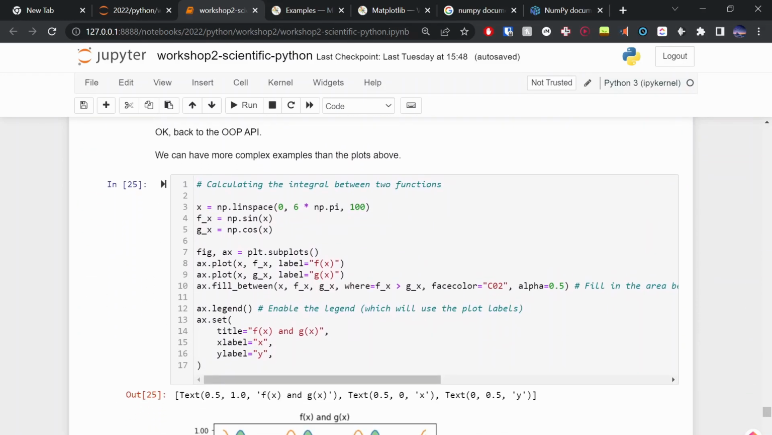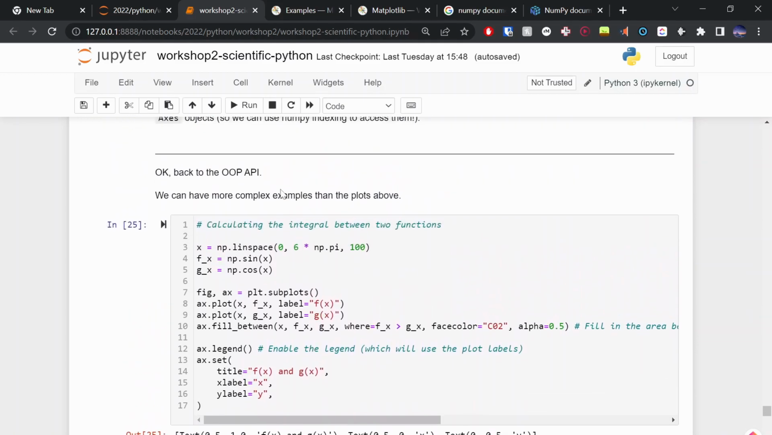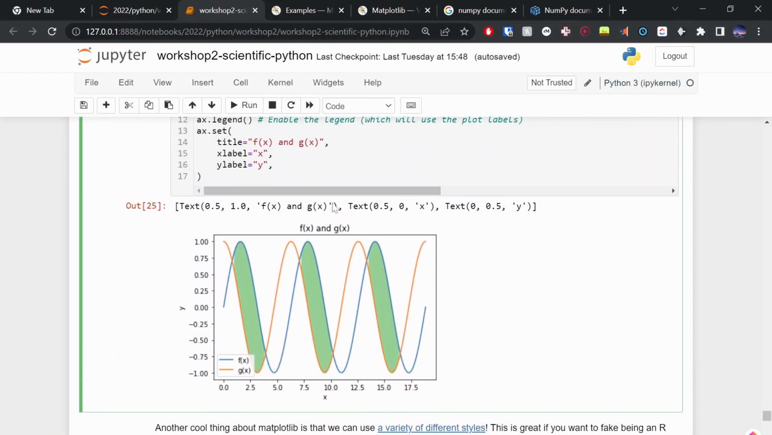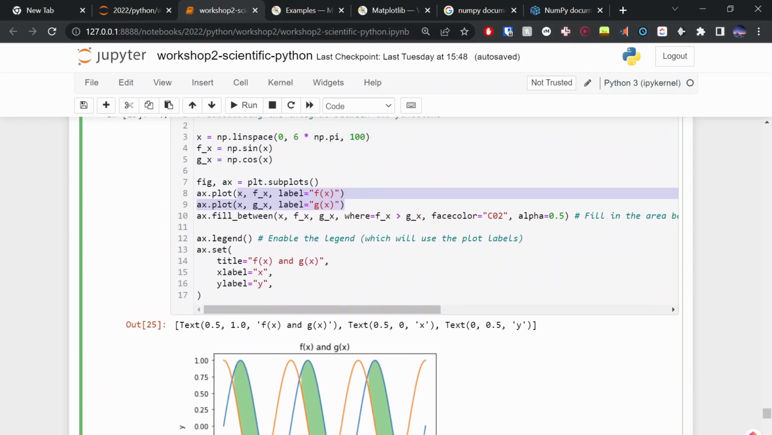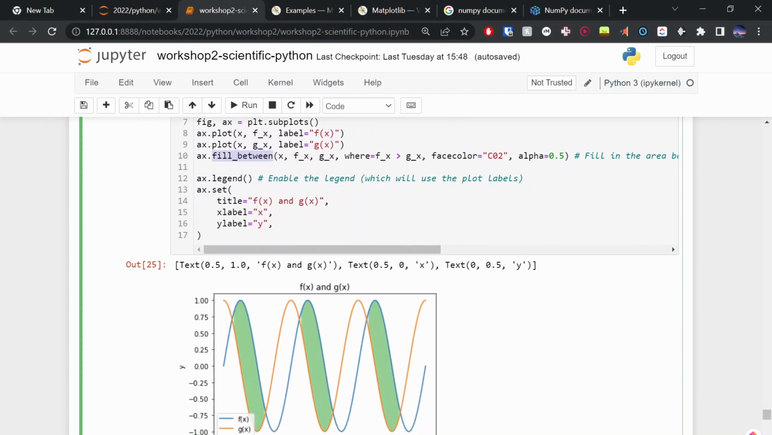We can do something a bit more complex over here. So instead of just having one curve, we can have two curves. So here we're plotting two curves, giving them the labels f of x and g of x. So I'm plotting sine and cos of x, and I can actually fill between these different curves, and if we actually look here,